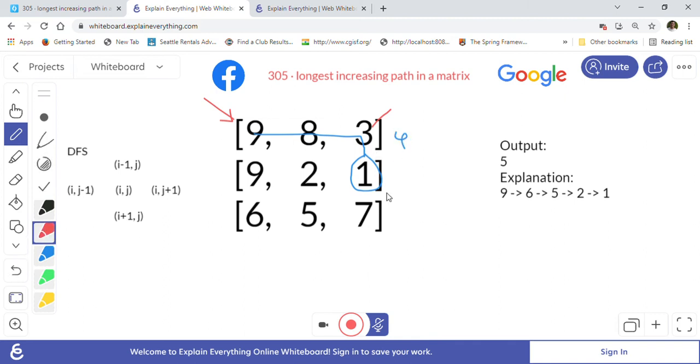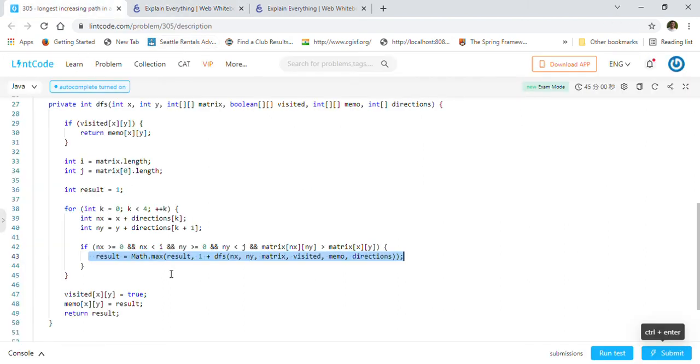Now if we go another path here, from 1 to 2, 2 to 5, 5 to 6, and 6 to 9, this will give us 5. So we have to take the maximum from this 4 and 5. Whatever we get in all 4 directions, we take the maximum out of it, and we will update our result.